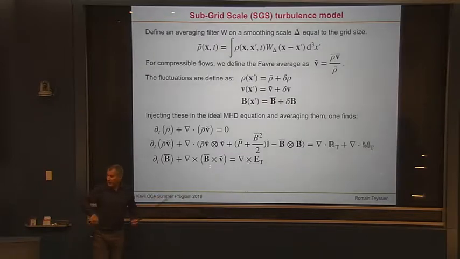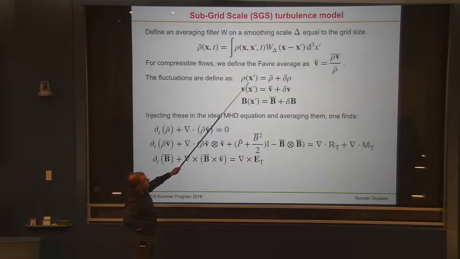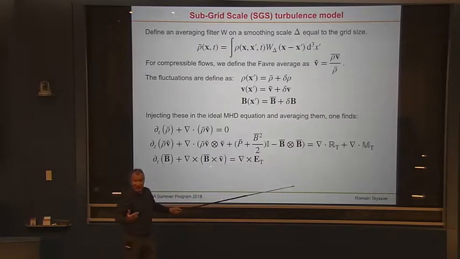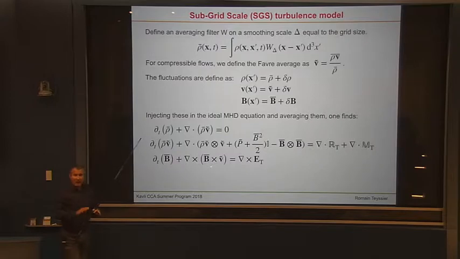Right? And so everything I did here, there is no approximation yet. Right? It's just an exact derivation on how you can split the density, velocity, and magnetic fields into an average value and a fluctuation. Right? We just split like that using this definition for the averaging. Right? So I've not made any approximation yet, so it's still a first principle kind of approach. Right?